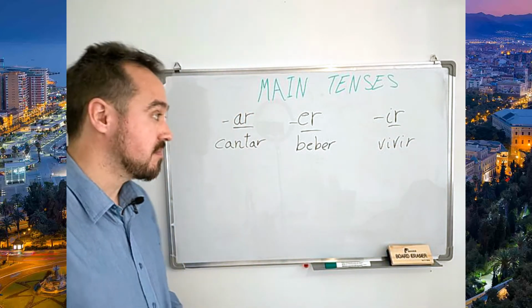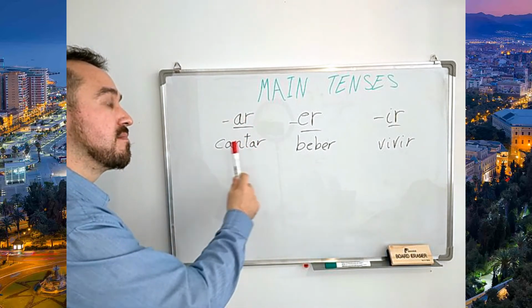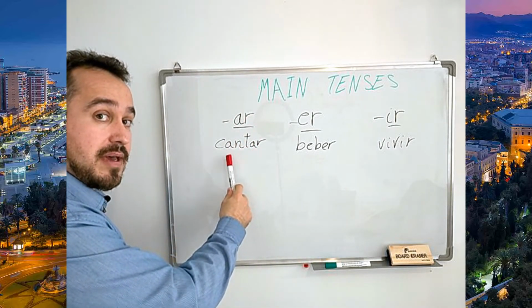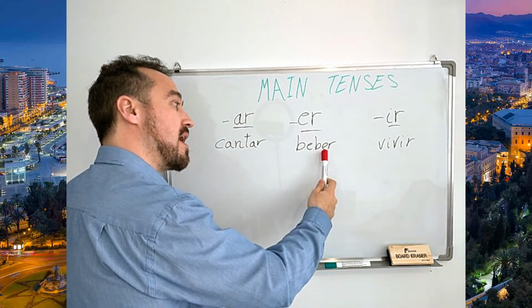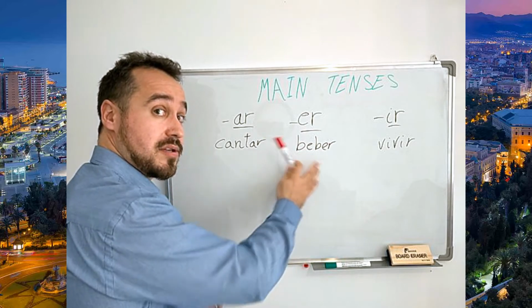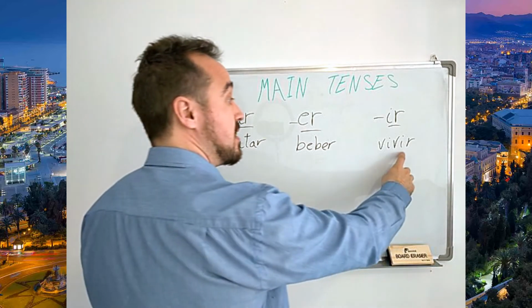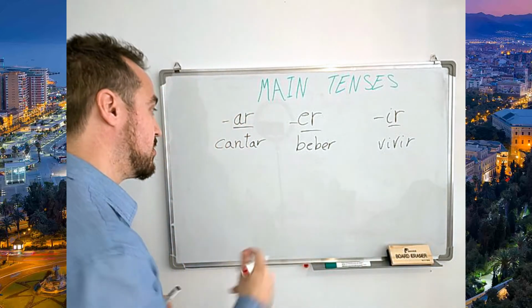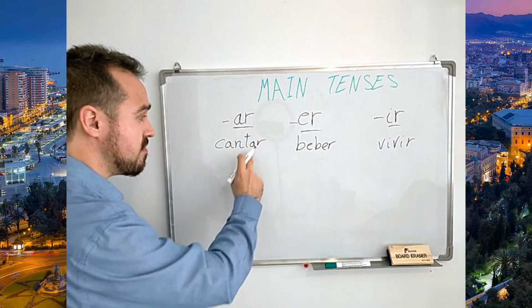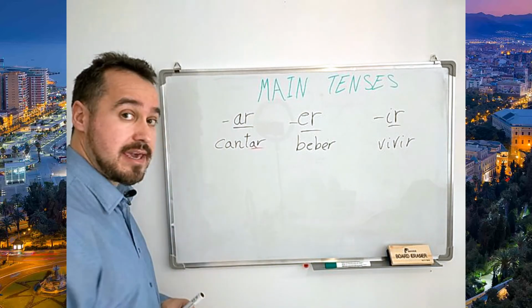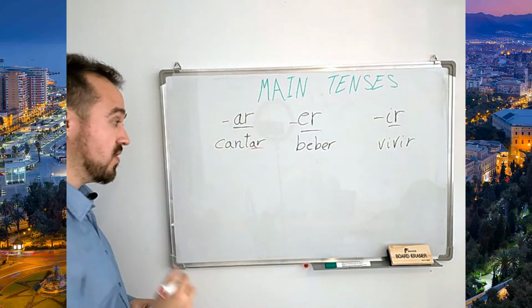So basically, any verb with the AR ending is going to follow this model I'm going to show you in a moment. Any verb with ER is going to follow the model I'm going to write here, and the same with the IR verb. So start with this. The first thing you're going to do, you're going to drop the AR ending and you're going to add the following: